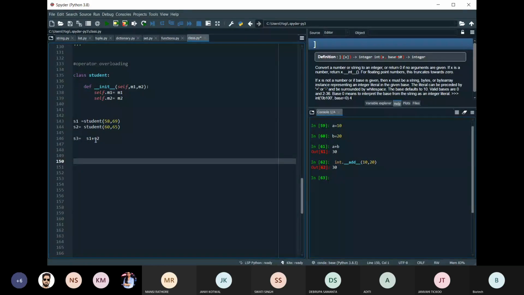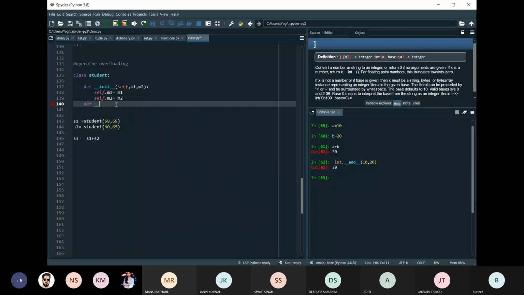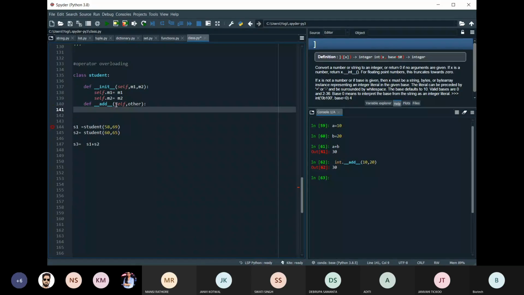I'll create a function here, def add, self, and the other argument I have passed, in which I'll set s1 is equal to self dot m1 plus other dot m1.